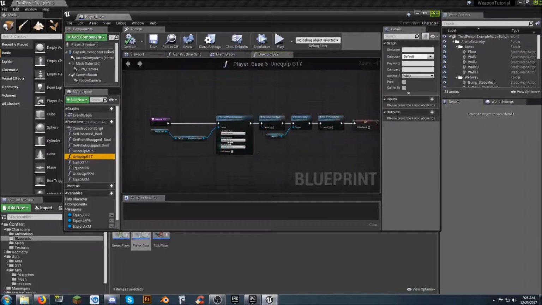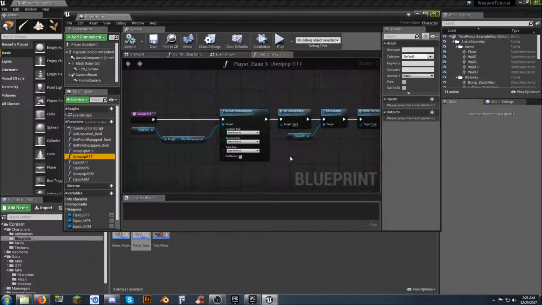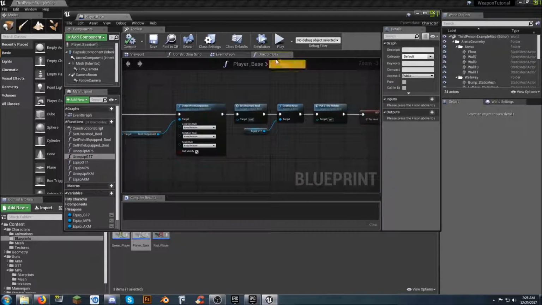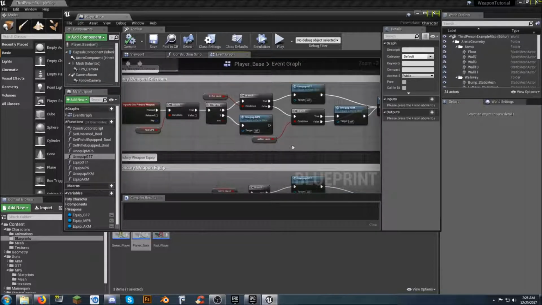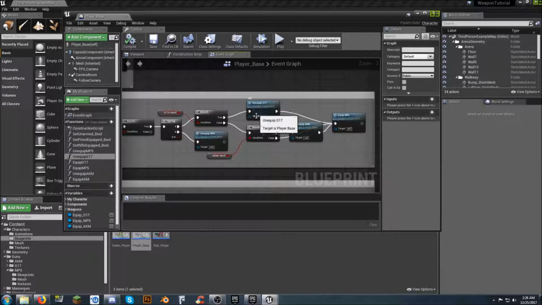the detached from component, this huge box right here, at least twice. And then when you start talking about unequipping multiple different weapons, especially when you're looking right here, I'm telling it to unequip the MP5 here, I'm telling it to equip the G17, unequip the MP5, unequip the G17, unequip the AKM, and equip the MP5. That's 1, 2, 3, 4 times you would have seen that